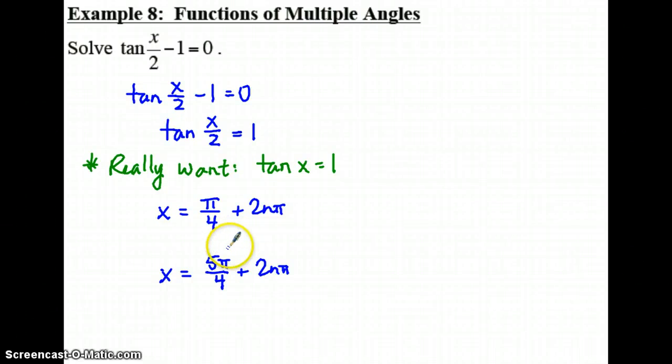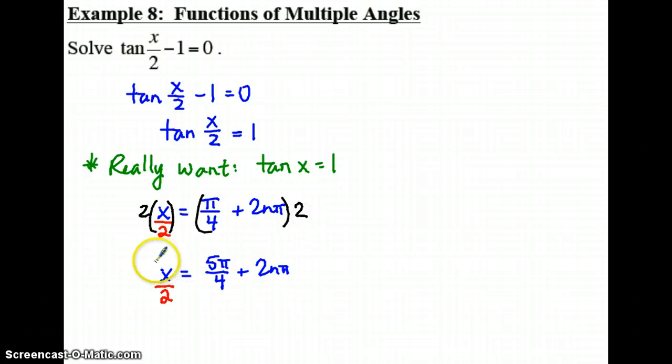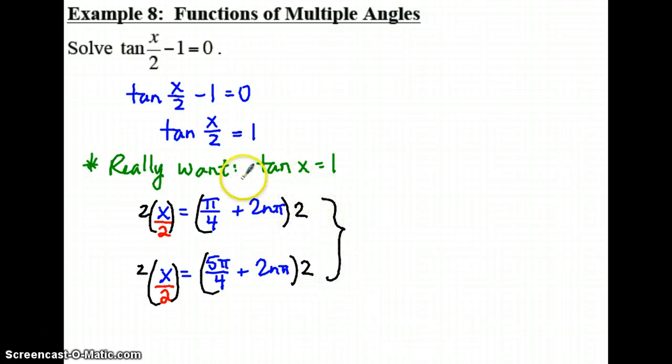Let's go ahead and put our divided by 2 back in here. So if we make this an x over 2 now instead, in order to get rid of that divided by 2, you're going to have to multiply both sides of your equation by 2. So then your new answers, when you have your half angle here, which you're dividing by half, is you get